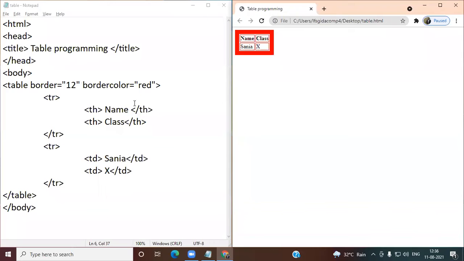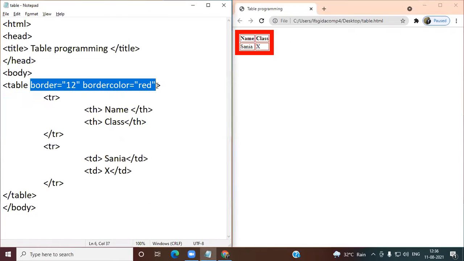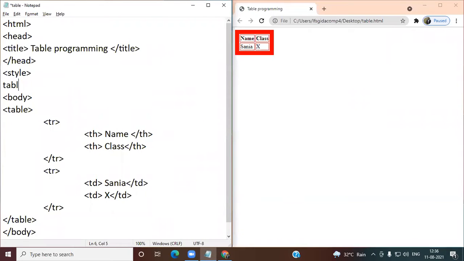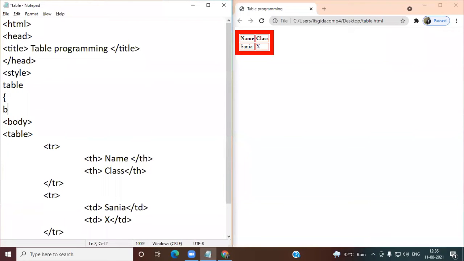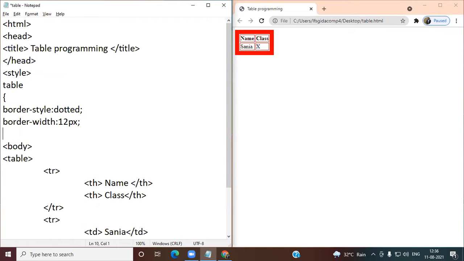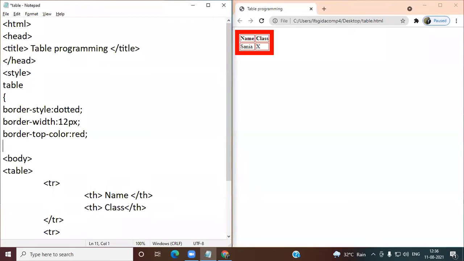If you want, I may use the CSS, so you are free to use. How? Write down here style. Then in the table tag, what we have to display? We have to use the border style dotted. Then we have to use the border width 12px. Then I want the border top color to be red, means the top side of the border will come in red color.